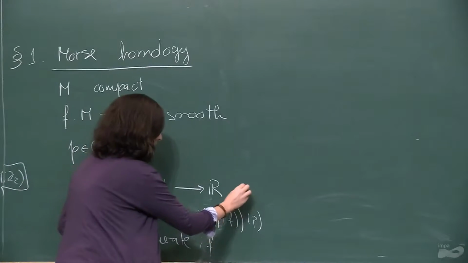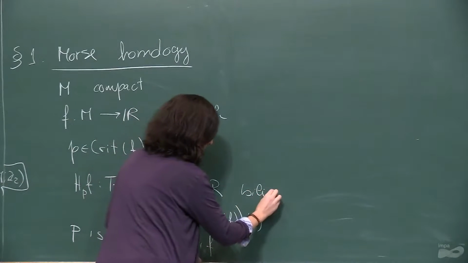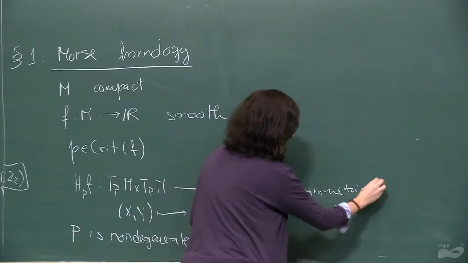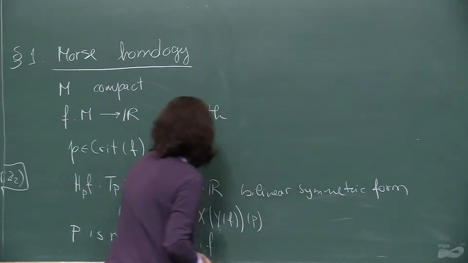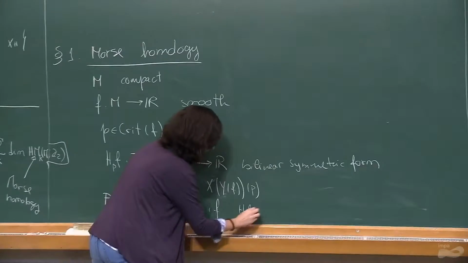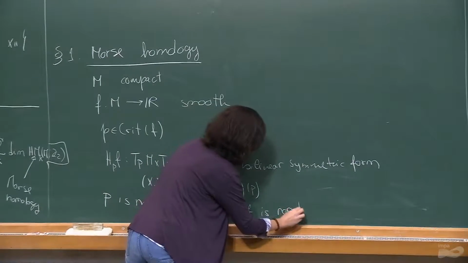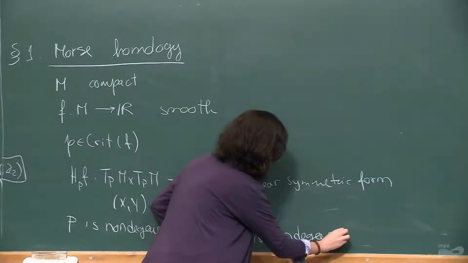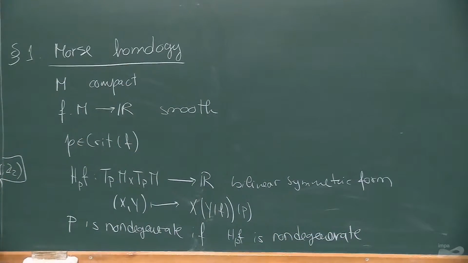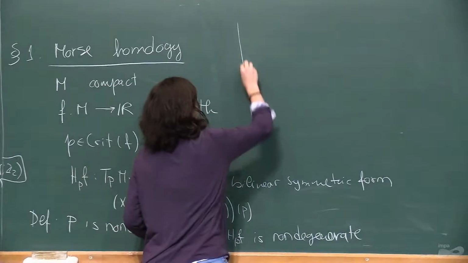if this is a bilinear symmetric form. We say that P is non-degenerate if this Hessian of f at P is non-degenerate, or if you wish, in local coordinates, that the Hessian is non-singular at this critical point P. So this is a definition. Okay, then we say,